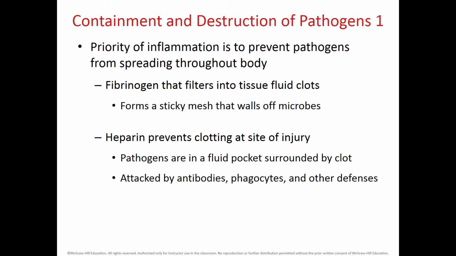So what is the priority of inflammation? To prevent the spreading of pathogens. And then fibrinogen, which is a protein that is found in the blood vessels, will form a blood clot that forms a sticky mesh that will wall off the microbes. And heparin will prevent the clotting at the site of injury, so that the pathogens are in a fluid pocket that is surrounded by the clot, and then you can have attack of these pathogens by antibodies, phagocytic